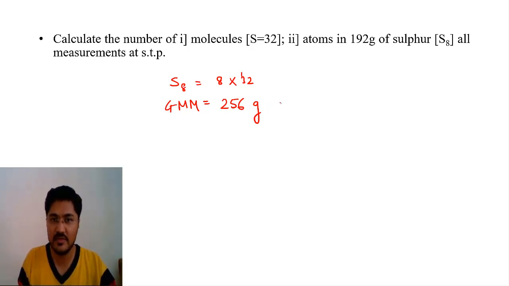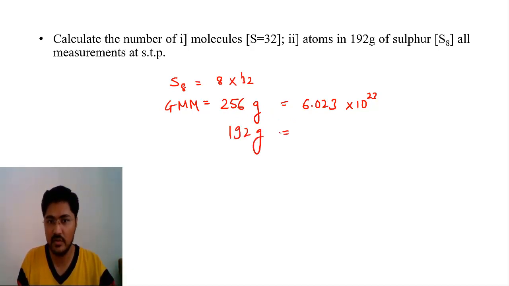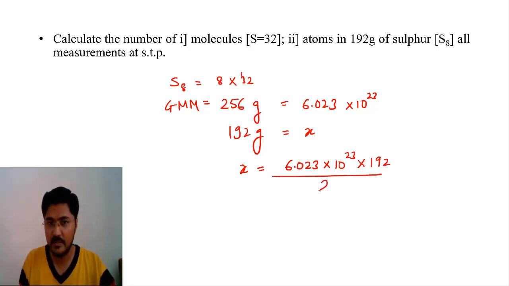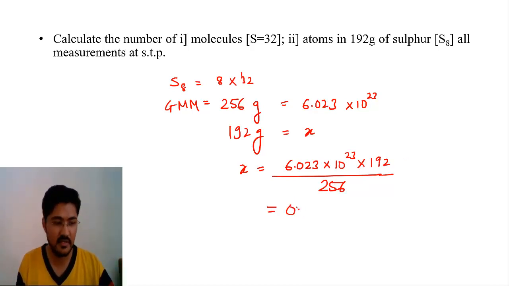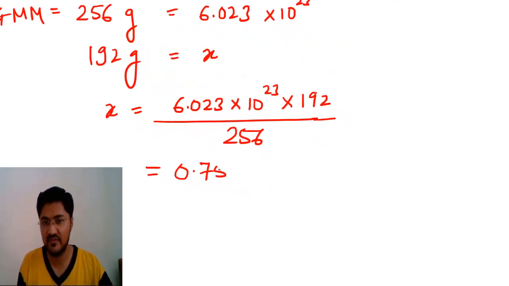The number of molecules will be 6.023 into 10 raised to 23 in this molar mass. So what will you get for 192 grams? X equals 6.023 into 10 raised to 23 into 192 divided by 256. When you simplify this, you should get 0.75